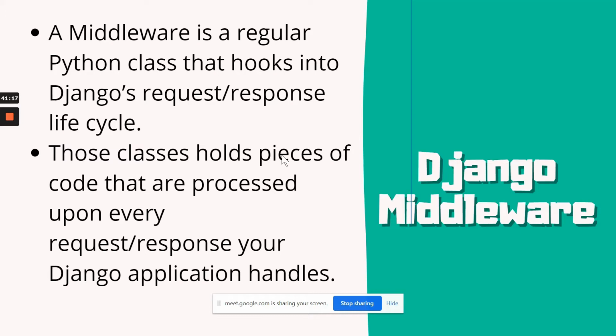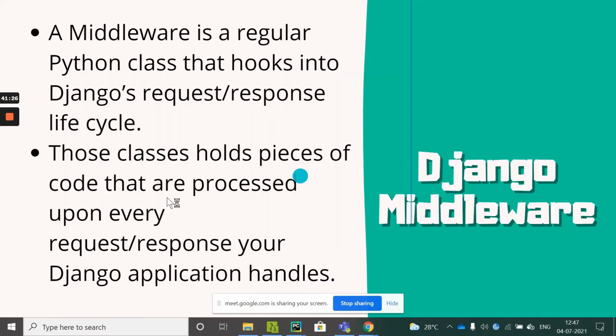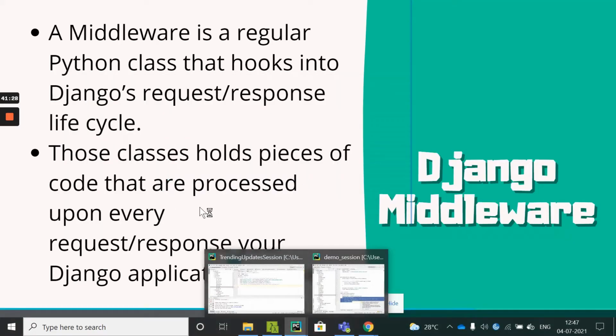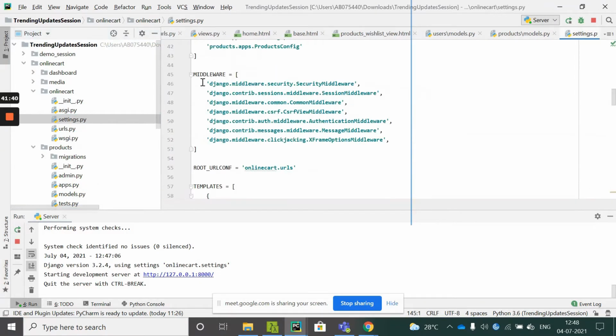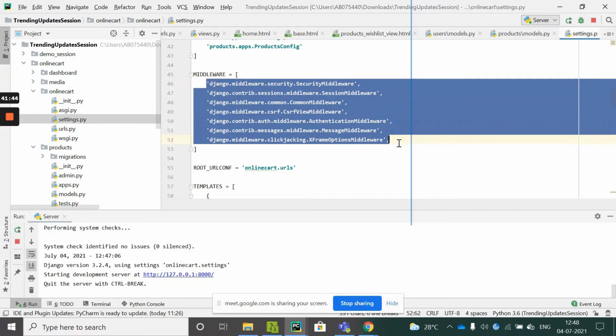And in Django, there are some basic middleware that are created on the creation of the project. I'll quickly go in the project settings file and show you what all things are available to you when you create the project. Inside the middleware section, you are able to see these many built-in middlewares that come with Django.